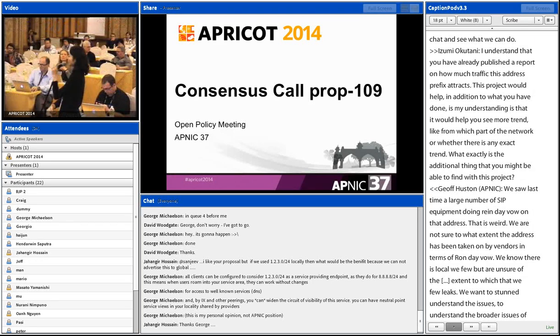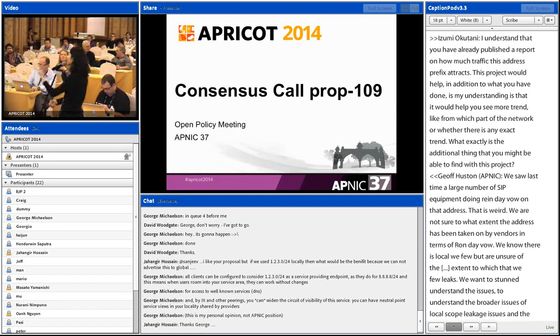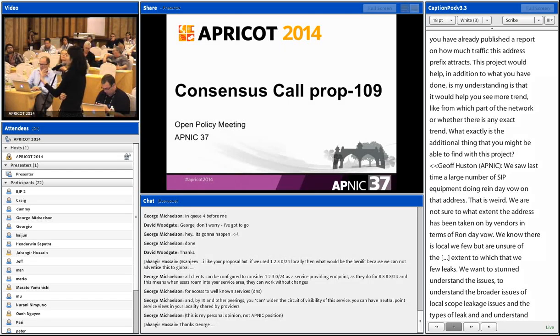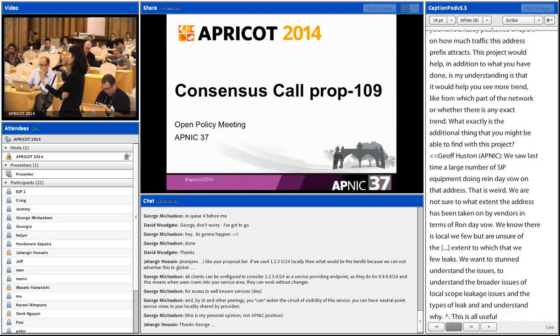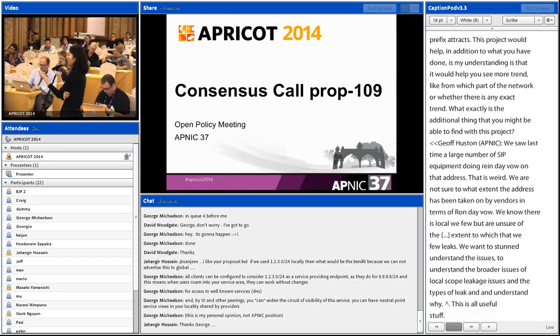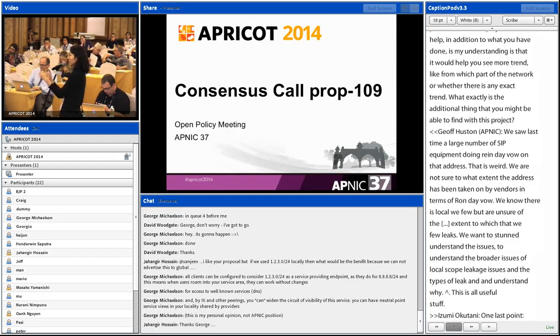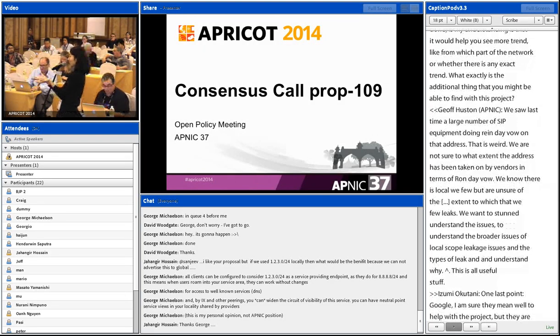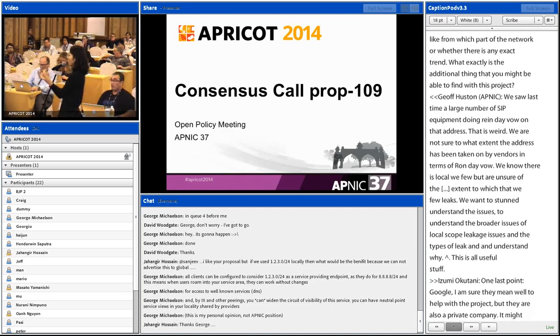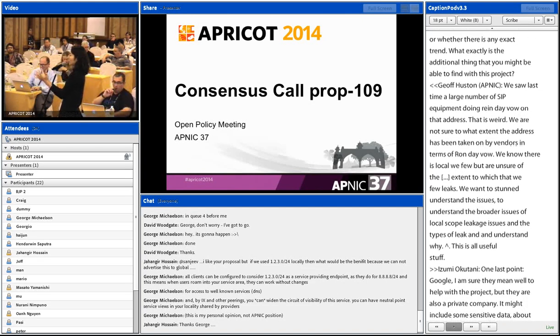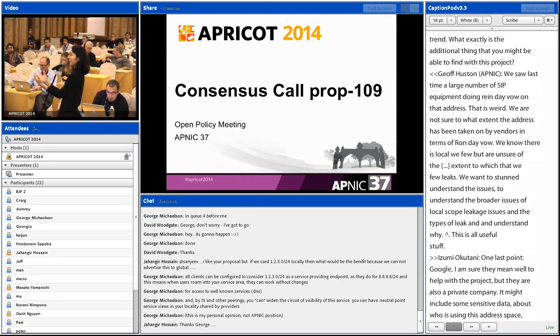And one last point. Well, Google, I'm sure they all mean well to help with the project, but they're also a private company. So it might include some sensitive data about who's using this address space. And is there a way to make sure that they just use this result for the purpose of this project instead of